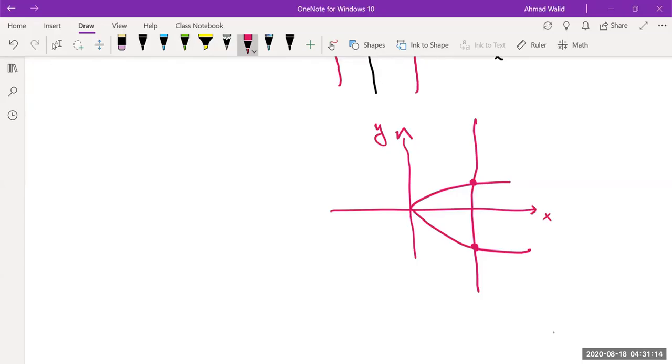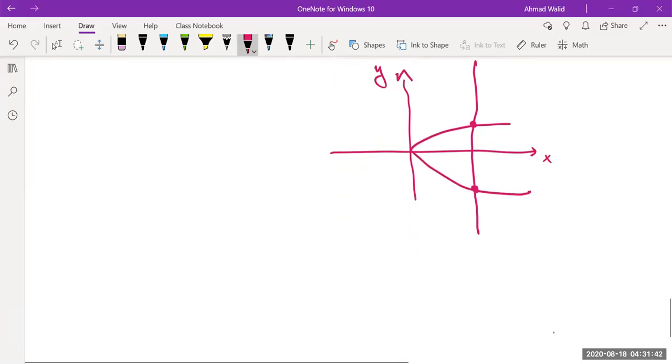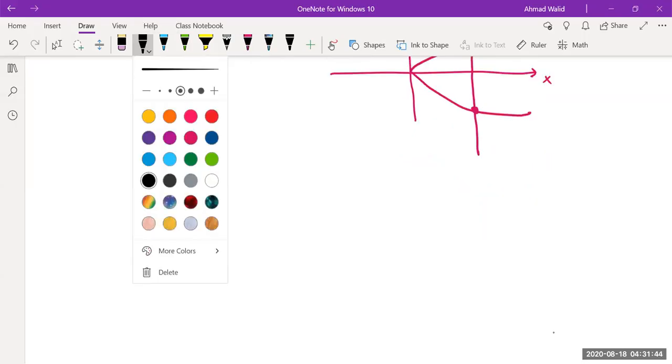It was a review, that's why I'm a little bit fast, because everything that I'm discussing today is a review, correct? After you learn what is domain, what is range, what is a function, how to graph a function, how to know if a graph represents a function or not, the next topic that you should focus on is